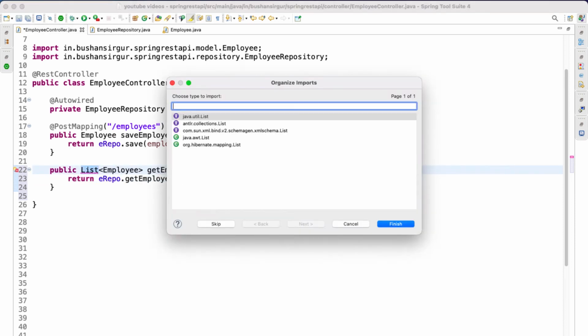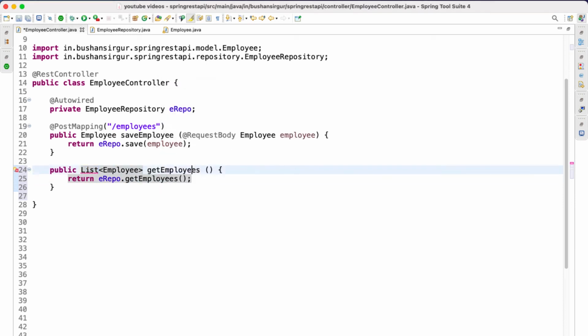Let's import the list. Let's quickly annotate this with the @get mapping annotation. This will be /employees. Let's quickly import the get mapping annotation. Let's save all the files and let's go to the main class, or you can click on this run button.